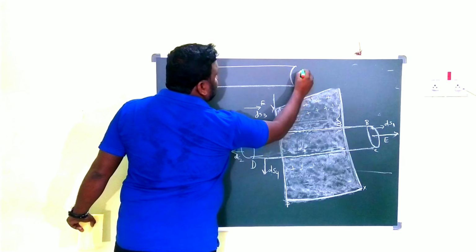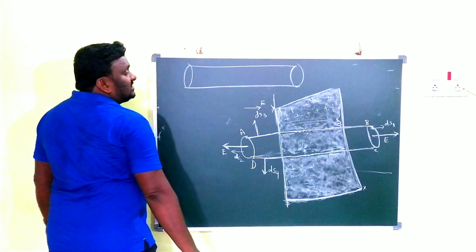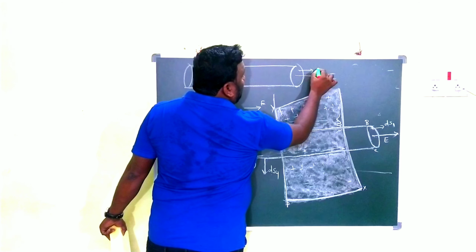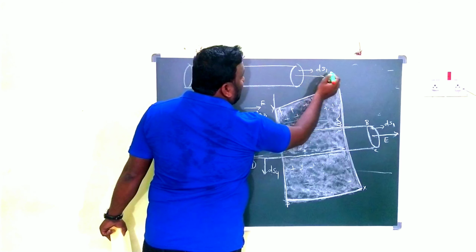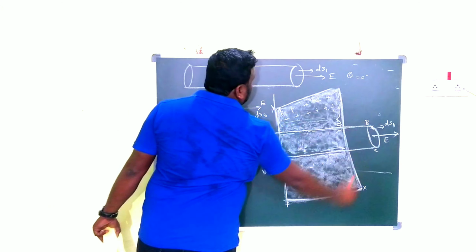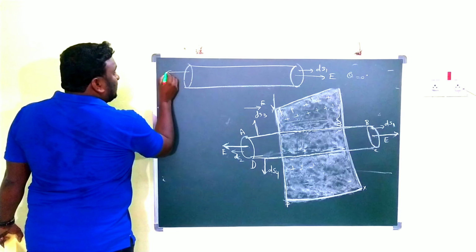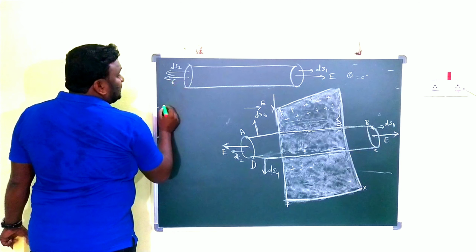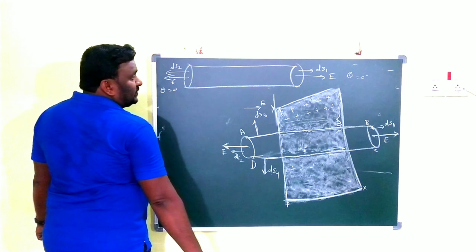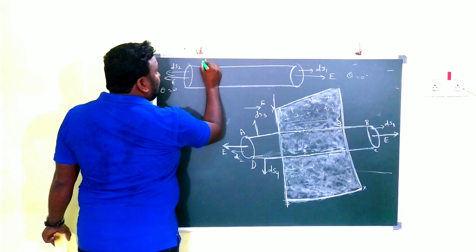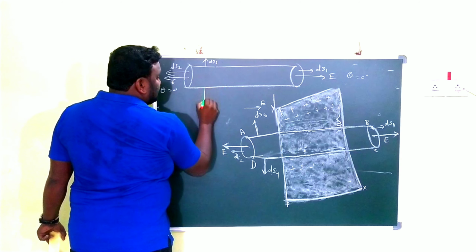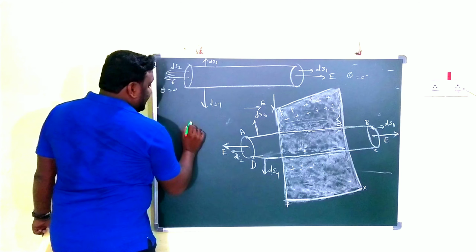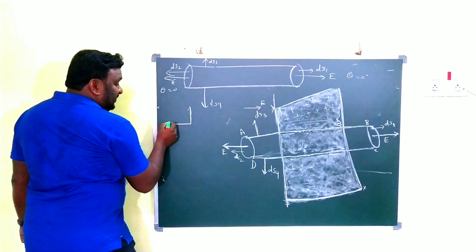So this is what we take, the cylindrical Gaussian surface. This is the electric field and this is ds1. These two are parallel, that's why the angle is 0. And this is ds2 and this is the electric field direction. Now the angle is 0. Clear? And now this is ds3 and this is ds4. And ds3 is upward and the electric field is like this.